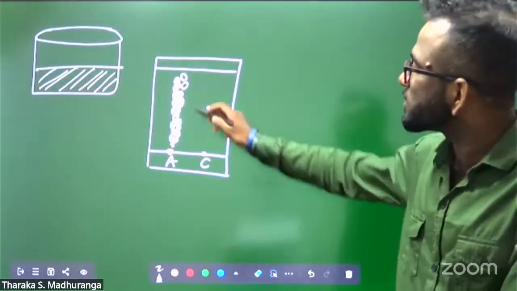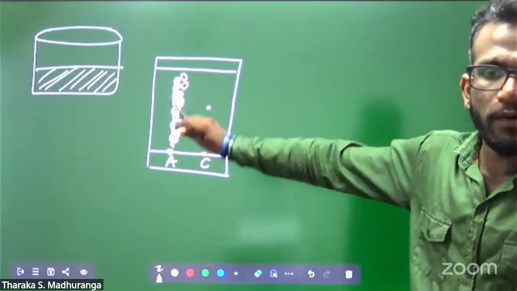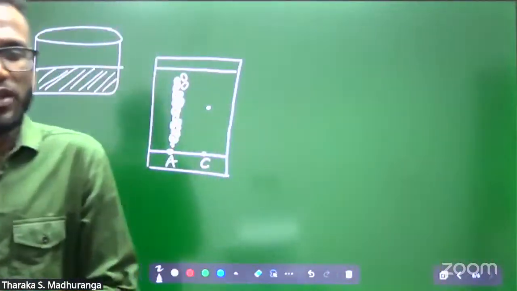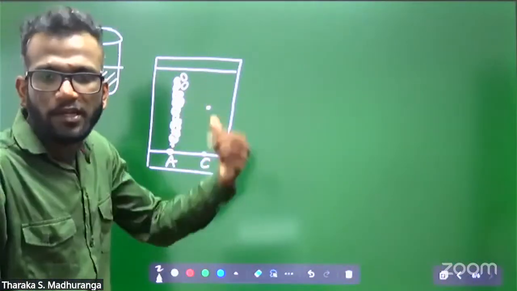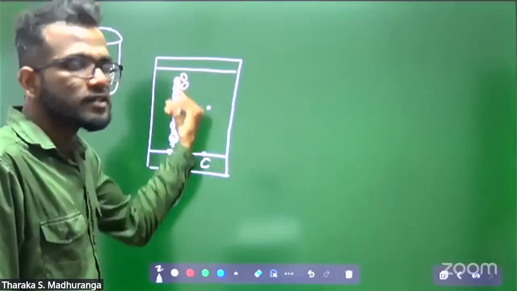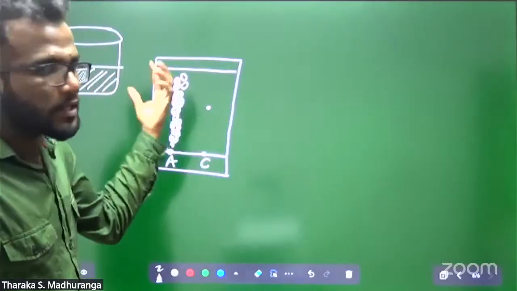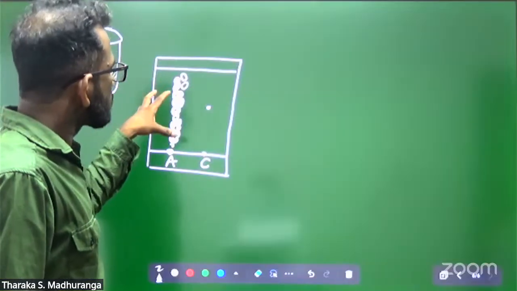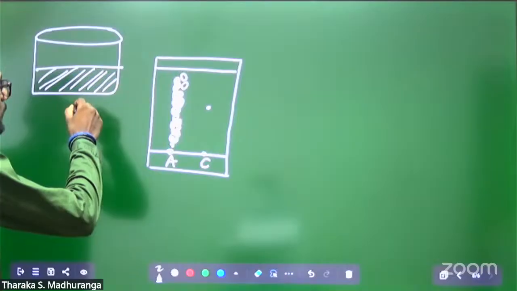Then can we calculate the RF values on this chromatography paper or TLC plate? How do we calculate the RF value? We can't identify the compounds separately. Then how do we get the correct distance? Okay, therefore, because of this problem,